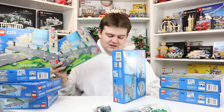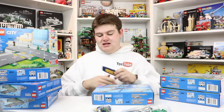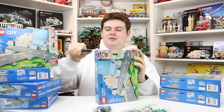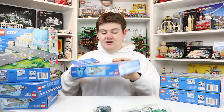So this copy of the set has the push tabs, the boxes that I hate. And this copy of the set actually has tape, these are the boxes I like the most because they're easy to break down and really easy to reuse for shipping. But that's bizarre, honestly. That's the only word I can say. That is bizarre. But if anybody knows in the comments why that would be,